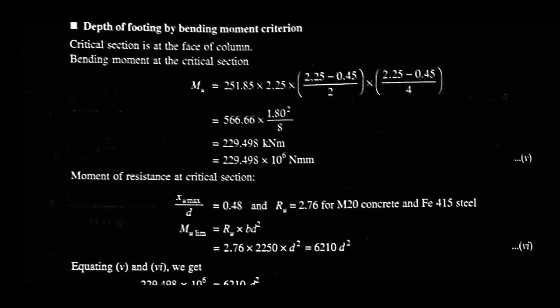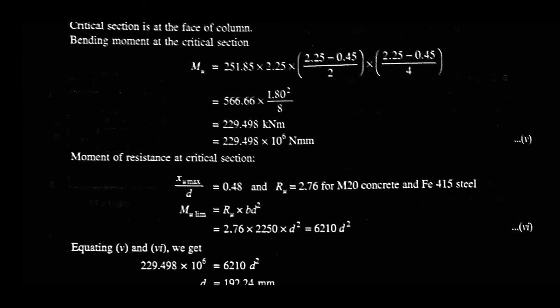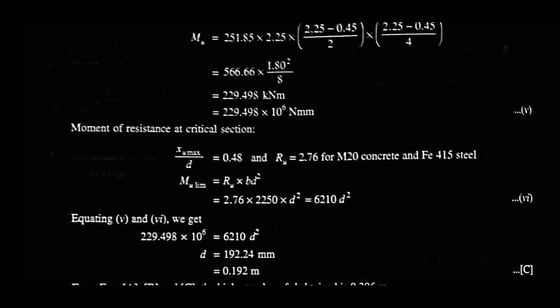So Mu limit is equal to Ru into B into d square, that is equal to 2.76 into 2250 into d square, that is equal to 6210 d square. So this is equation 6. Now we have to equate equation 5 and equation 6. So by equating equation 5 and equation 6, we get